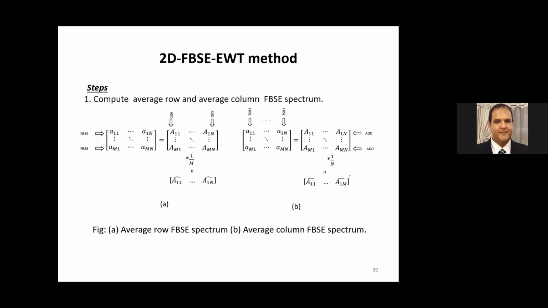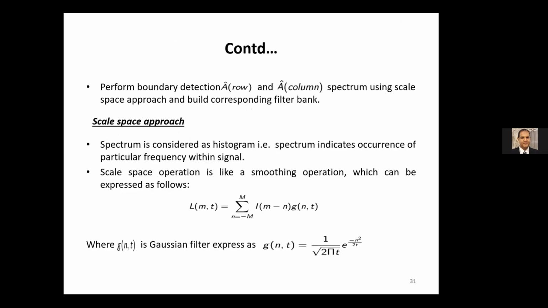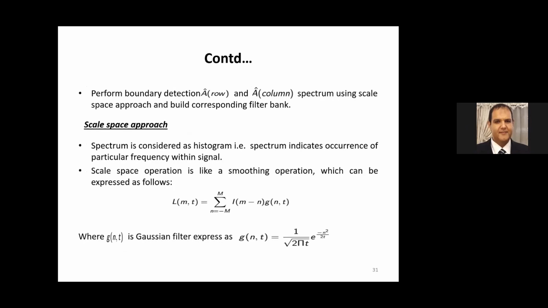So for implementing this two-dimensional FBSEWT method, we have applied the one-dimensional FBSE method row-wise and column-wise. Once you apply it row-wise and then column-wise and average it, it is known as the average row spectrum. And when you apply it column-wise and then perform averaging towards the row side, it is known as the average column FBSE spectrum. Similar to FBSEWT, we perform the boundary detection of the average row spectrum and average column spectrum. And once you have detected the boundaries,